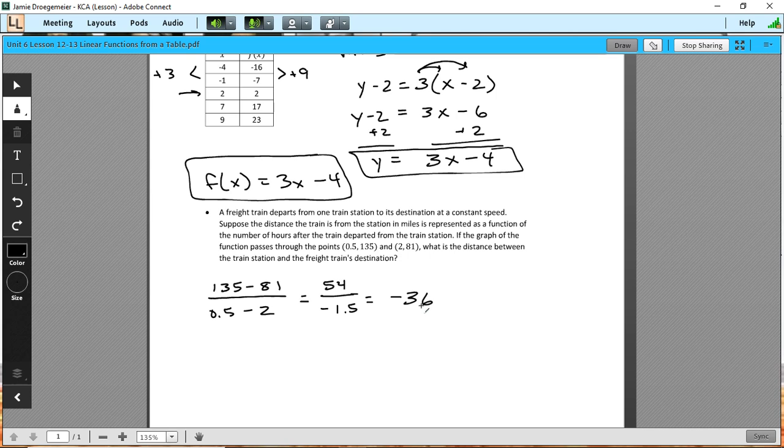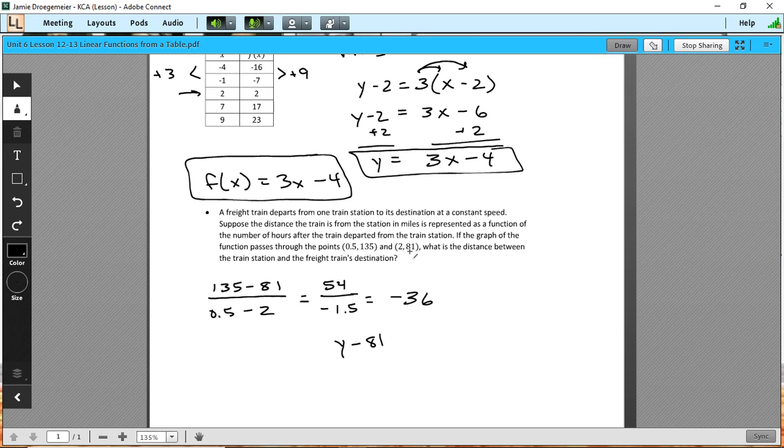And let's think about what that slope means. So that is the number of miles per hour. So it is closing that gap by 36 miles per hour. And so the question that they're asking here is, what is the distance between the train station and the destination? So again, a few ways we could do this. We could create an equation. So if I use my point slope,